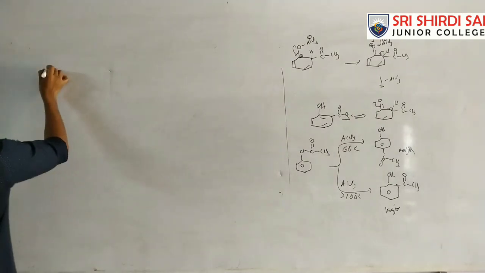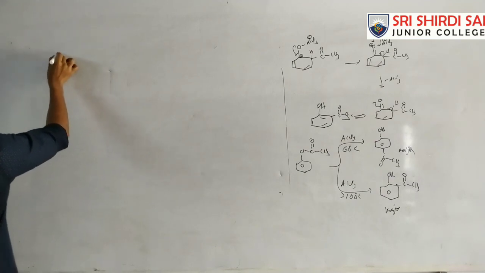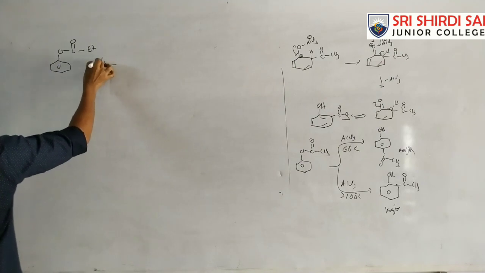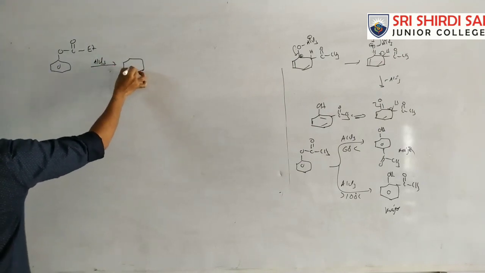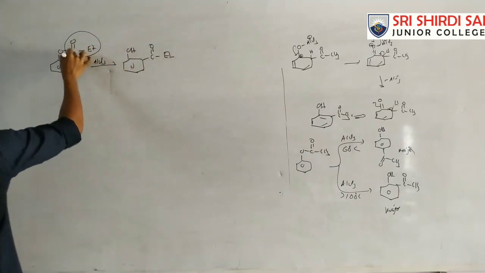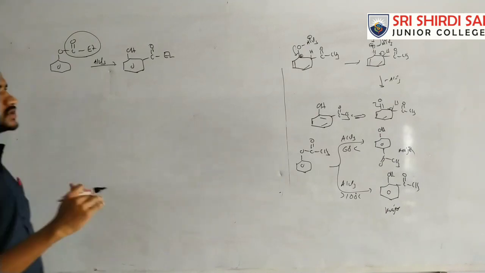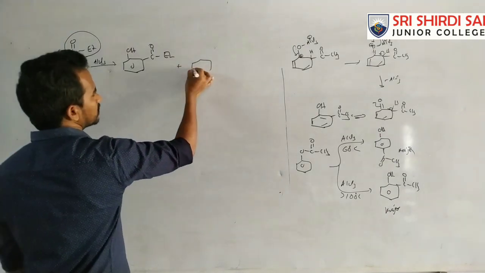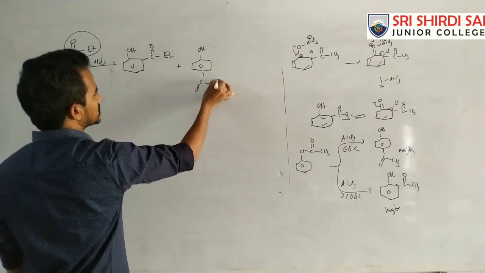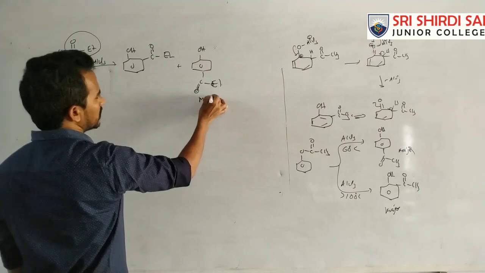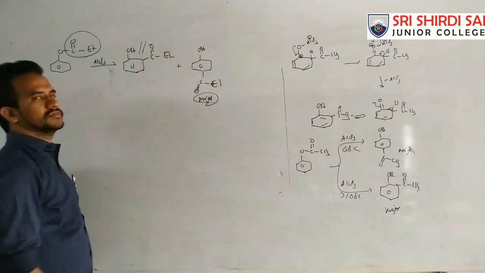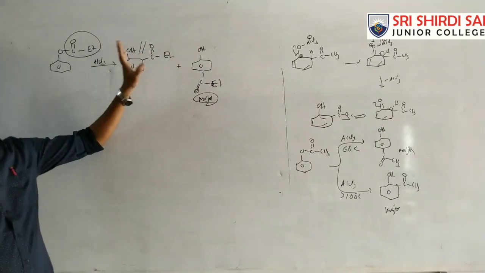Suppose here we have O C double bond O with an ethyl group, treated with AlCl3. Then the products are OH, C double bond O, Et. Just this group bonds at the ortho position or para position. Writing the product is simple; your mechanism is not necessary. This is the para product with the ethyl group, and it is generally the major product. At room temperature, para is the major product because of the steric factor. There is a repulsion between the OH group and the COEt group.